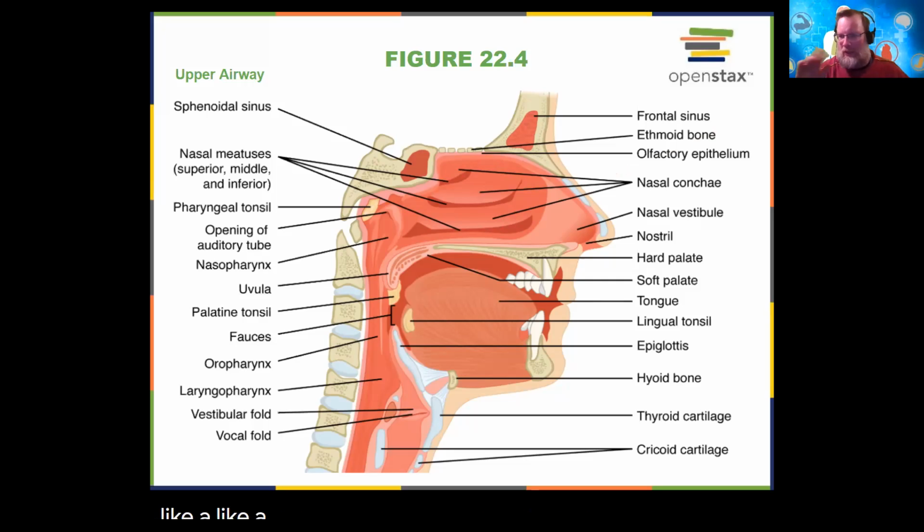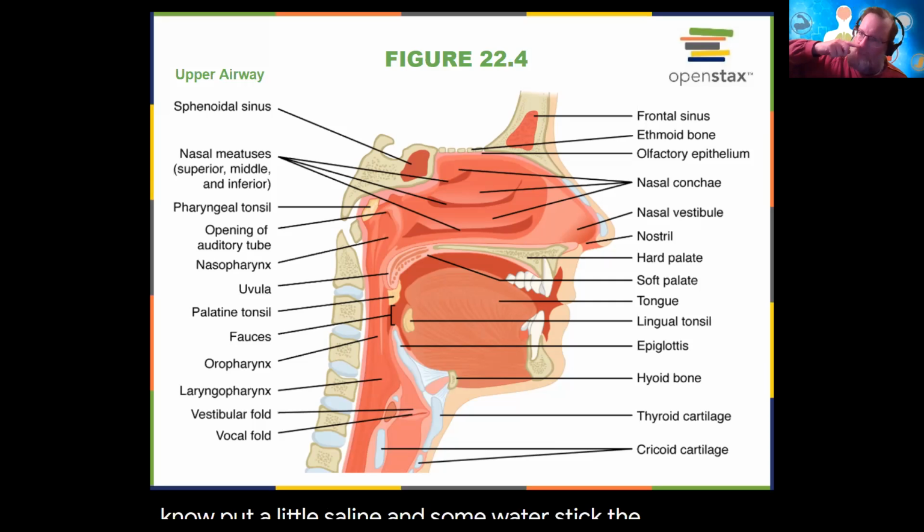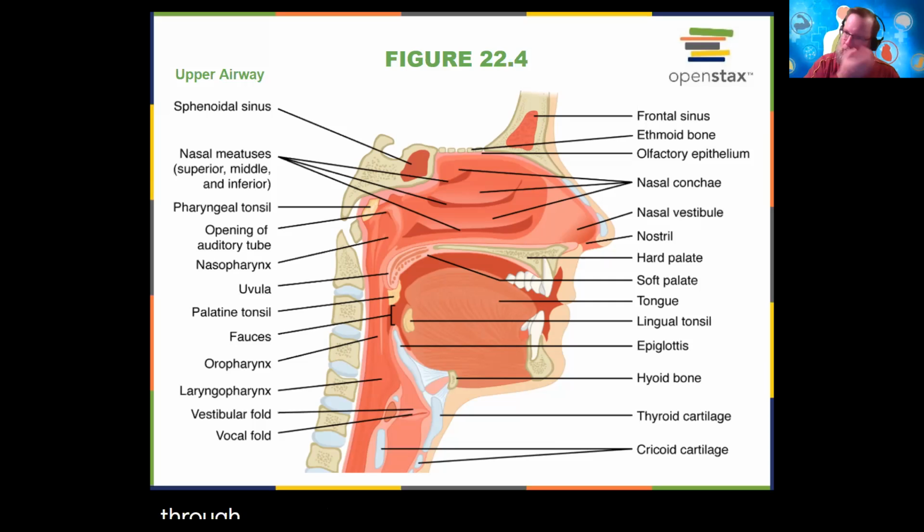A frou-frou shop is what my wife calls them, with essential oils and whatever. But yeah, neti pots. Put a little saline and some water, stick the thing, pour it through, and it comes out the other side. Ooh,